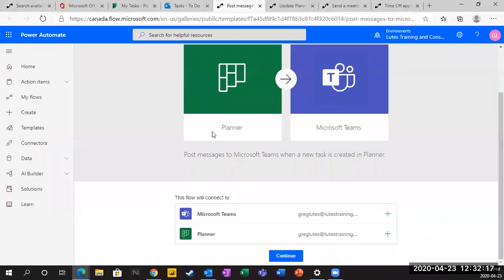So this one is going to take messages and post them to Microsoft Teams when a new task is created in Planner. So again, all I have to do is just sign in, right? That connects me to Teams. If I have any issues at all, all I have to do is refresh, right? And this will connect me to my Planner. When I click on continue,